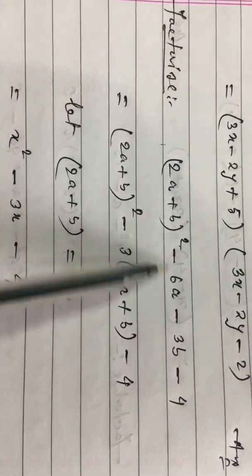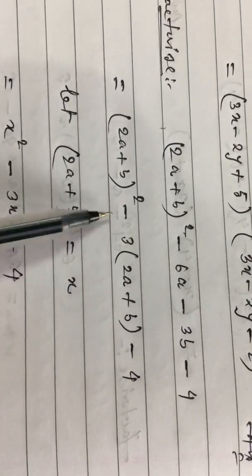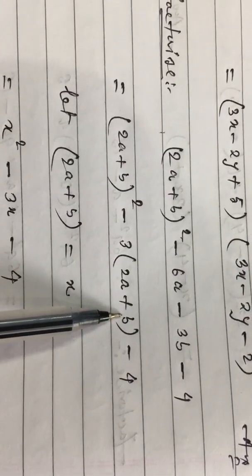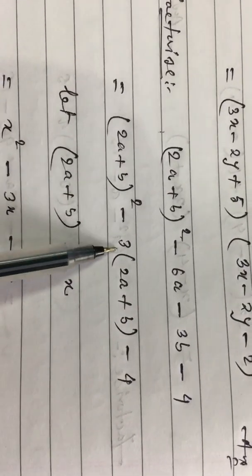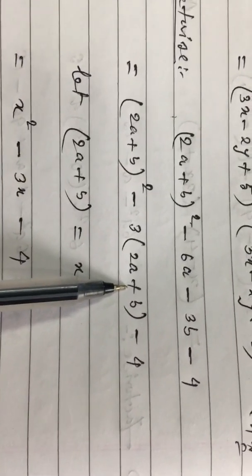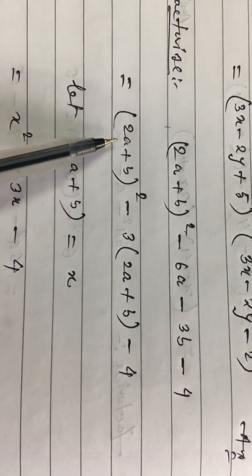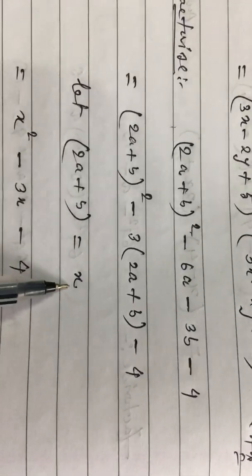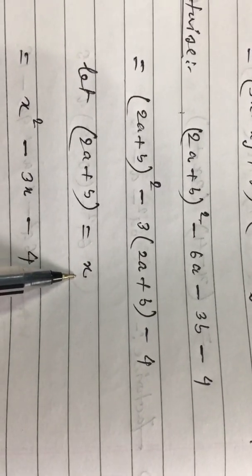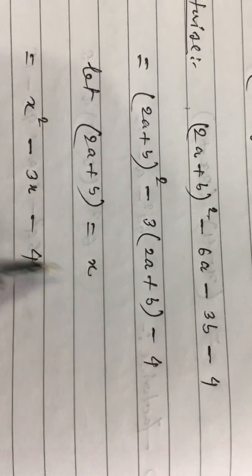I think the minus sign is common and 3 is common. So take here minus 3 as a common. So 3 twos are 6 and 3 ones are 3. So after taking minus 3 as a common, you can see the bracket terms are same. Now it is as in the previous problem. Now you have to suppose 2a plus b as x, other than a and b. We have supposed as x. So it is x square minus 3x minus 4.